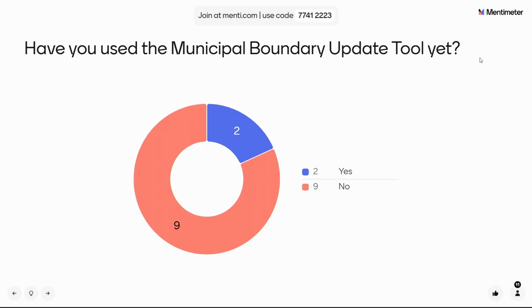That's important. Going forward, if everybody is using this tool, it opens up some interesting possibilities of modeling population in those annexed areas in conjunction with other data resources.